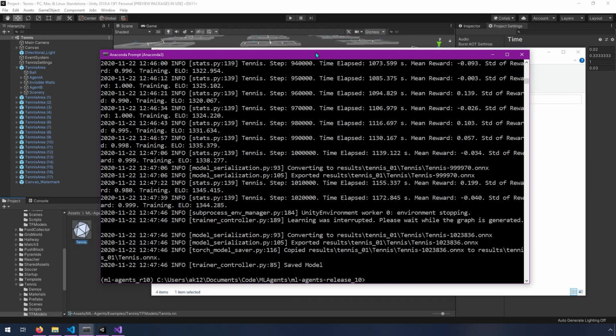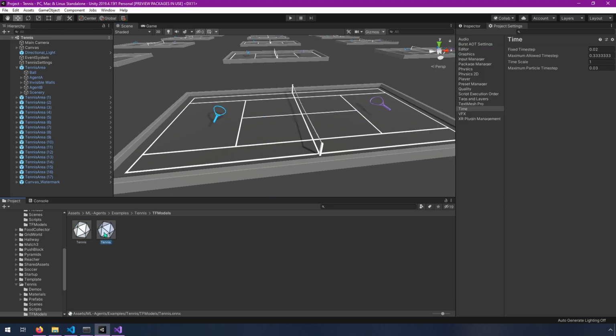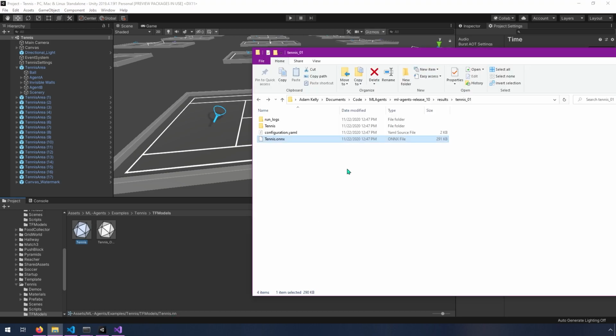So I think this will probably be the easiest way. We'll take this ONNX file, which is probably pronounced Onyx, and then we're going to click and drag this down into here. And I'll just rename this just so that we don't confuse it, _ONNX. Okay, so this is our trained version, and you can see that here. This is the original one. If you wanted it to come in as a different name, you could rename it here